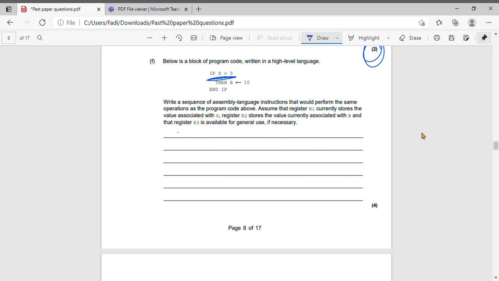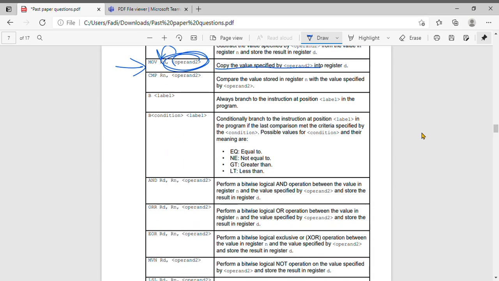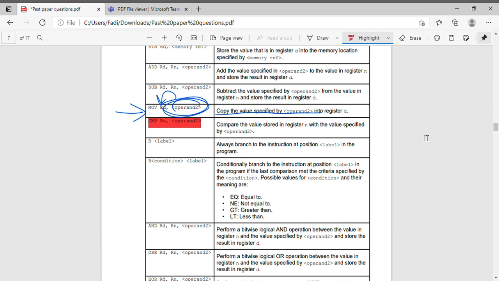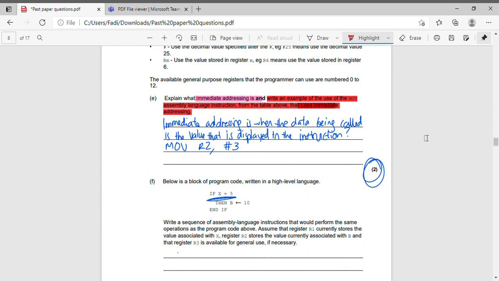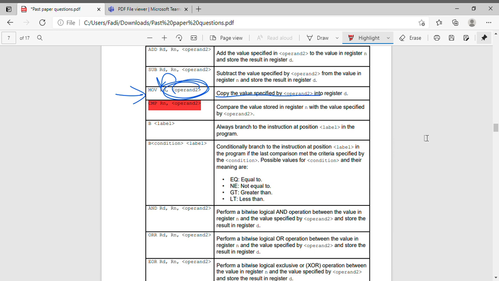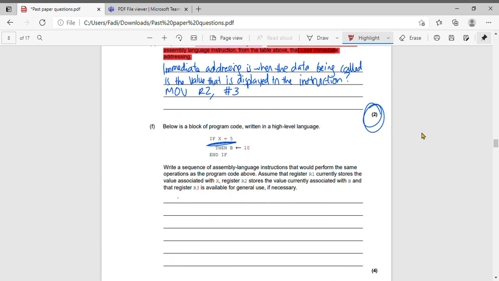So we're going to start with if x is 5. So we're going to use the compare function. Compare is there, right here. Let me highlight it. Compare, that one. So we're going to compare, in this case, register x with the number 5. So compare